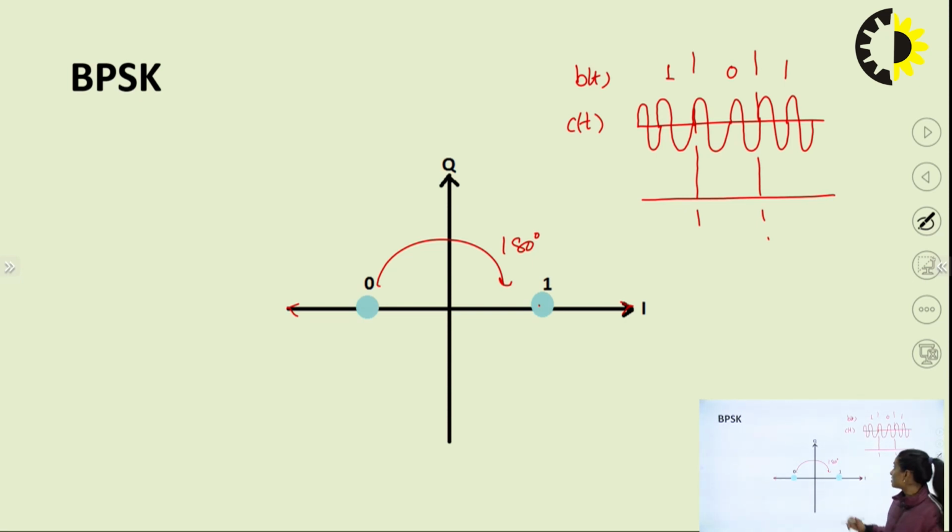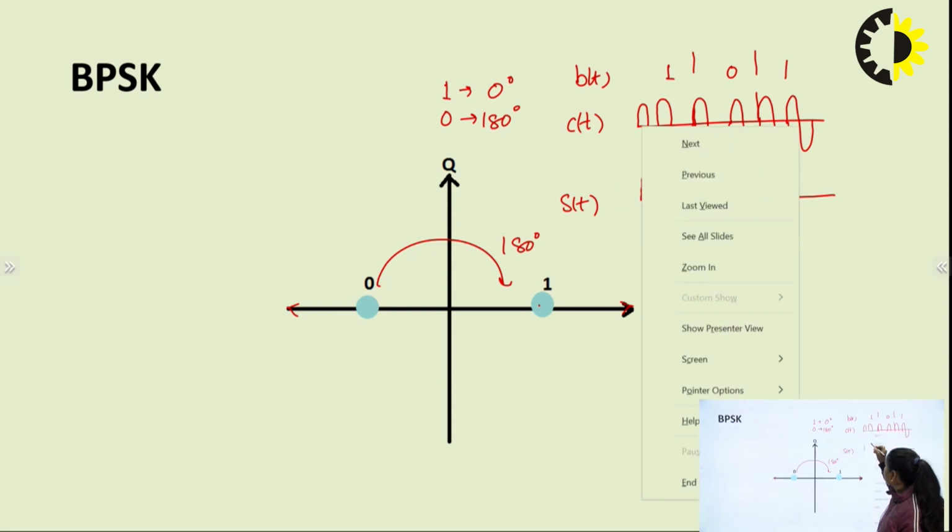If I consider corresponding to bit 1 there is 0 degree phase shift, and corresponding to bit 0 there is 180 degree phase shift, the modulated waveform for BPSK would be,